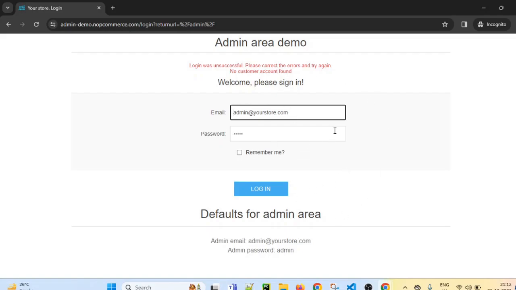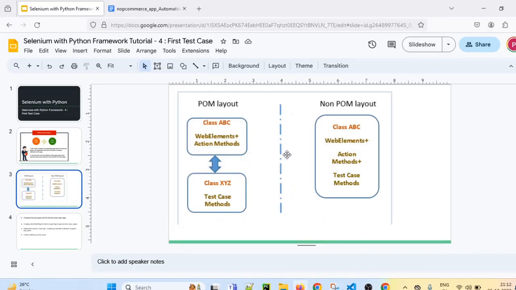But our main focus currently is on creating the framework. So what are the steps which we will do? We are going to follow the page object model format. We will create one base class for the admin login page and a test class for admin login test cases. From this test class, we can create an object of the login page class, that is the base page, that is also a page object, and we can call the methods from the base page. Once we start practically, we will understand better.